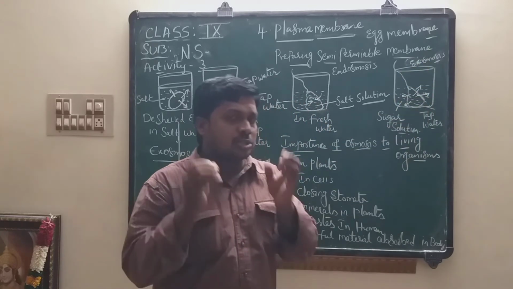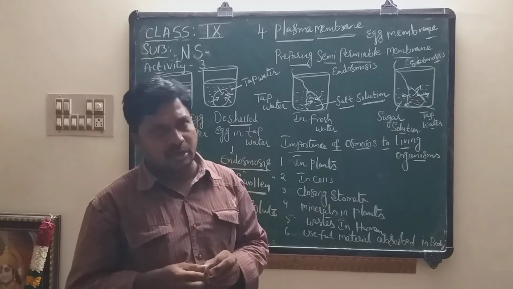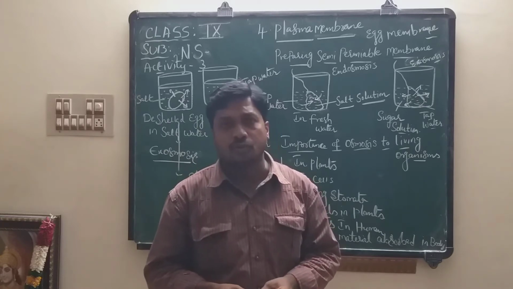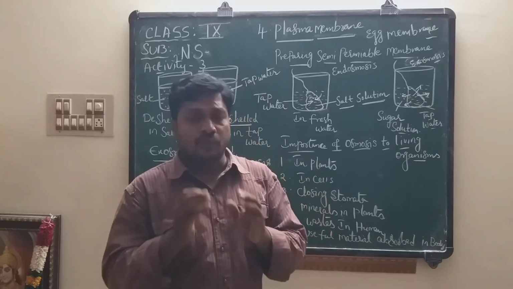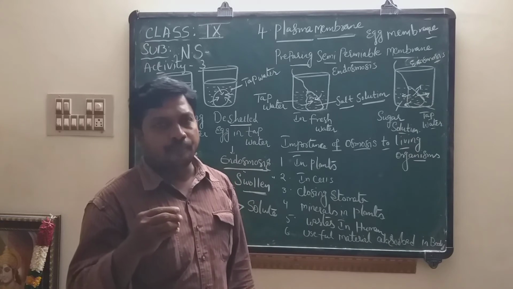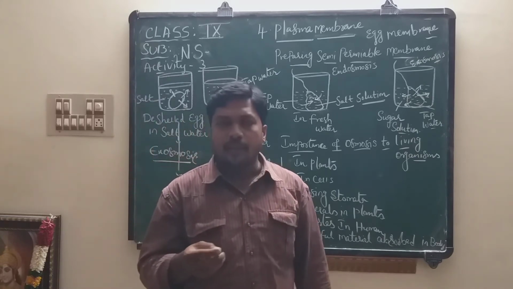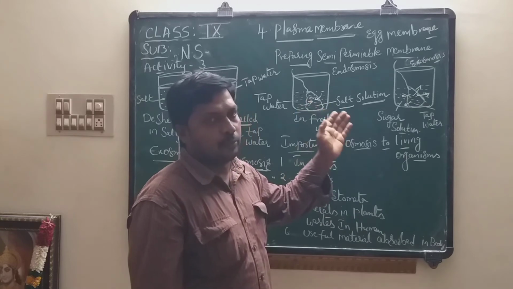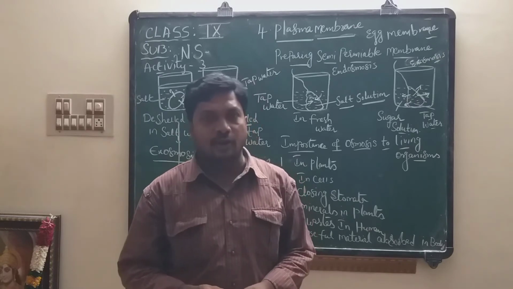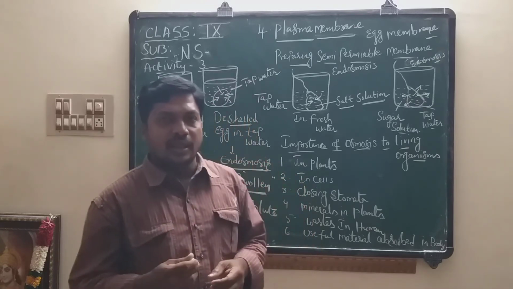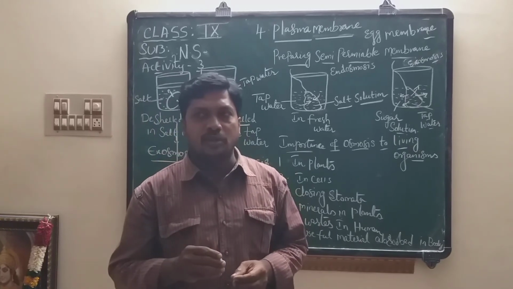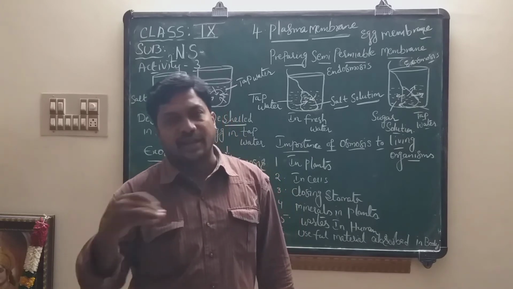Now I will explain the definition of osmosis once again. Movement of solvent molecules, solvent means water, water is the universal solvent, no? Movement of solvent molecules towards solute molecules, solute means sugar or salt, through a membrane known as selectively permeable or semi-permeable membrane is known as osmosis. Osmosis is of two types: one is endosmosis, second one is exosmosis. Endosmosis means allowing water to go inside the cell. Exosmosis means allowing water to go outside the cell.